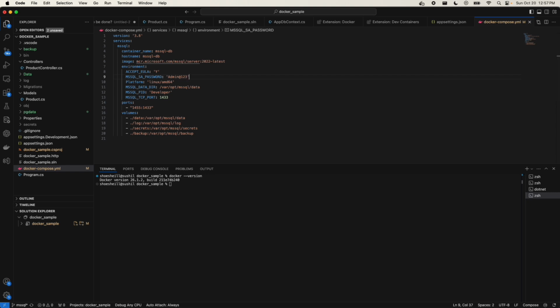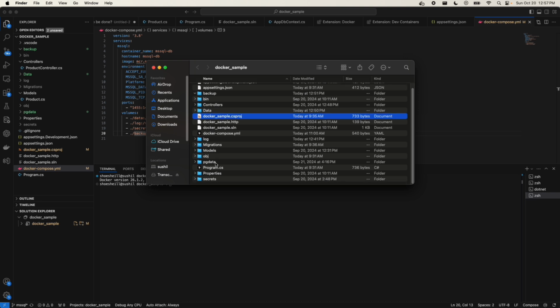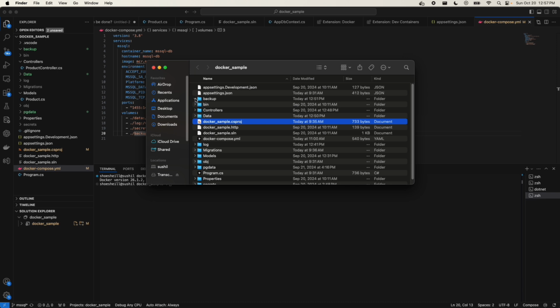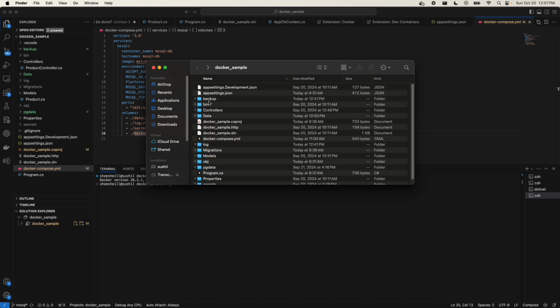Now the directory for data is defined here, the MS SQL data directory. Also, I have created some volumes here for data, logs, secrets, and backup. You can see this in our project directory, revealing in Finder. Okay, data, and where is log? Log and secrets and backup. Backup is empty here. Now I'll copy a backup file here, and I will restore that backup to our Docker